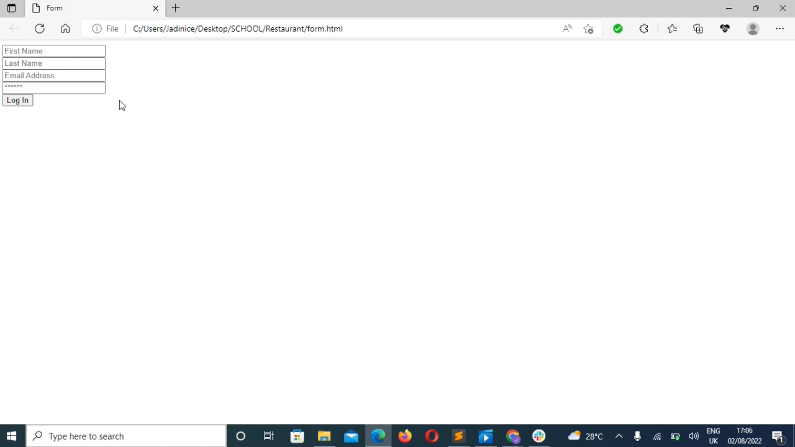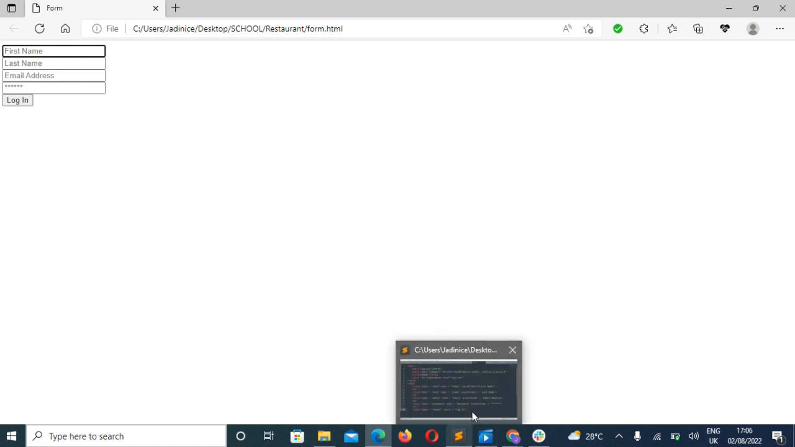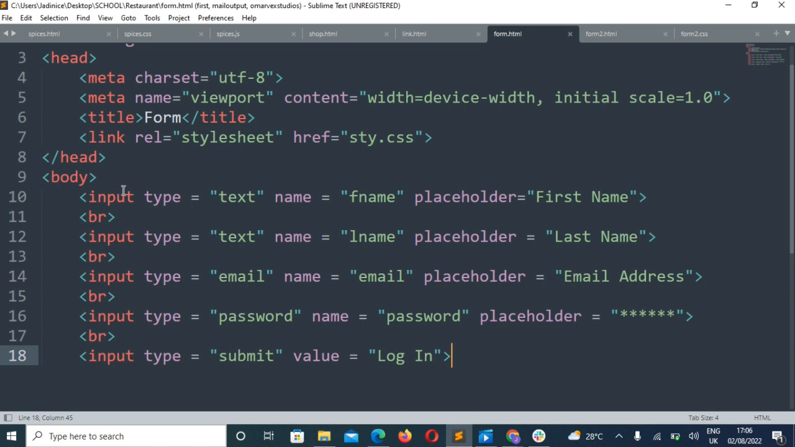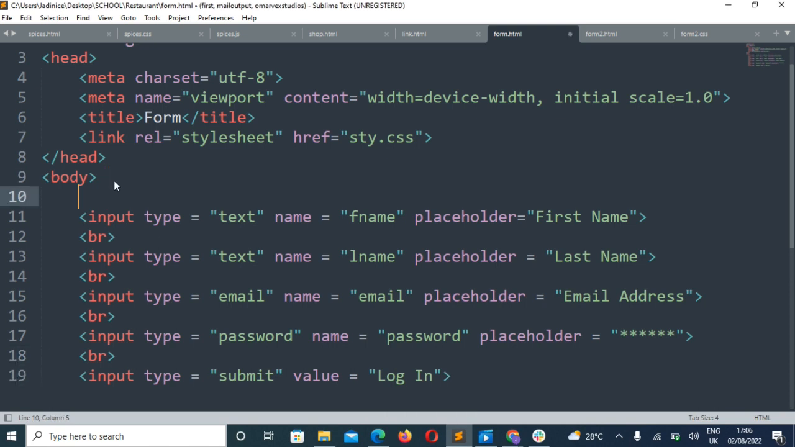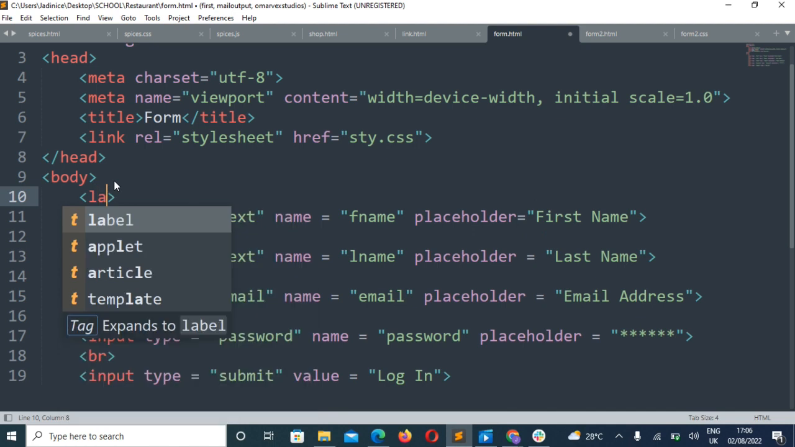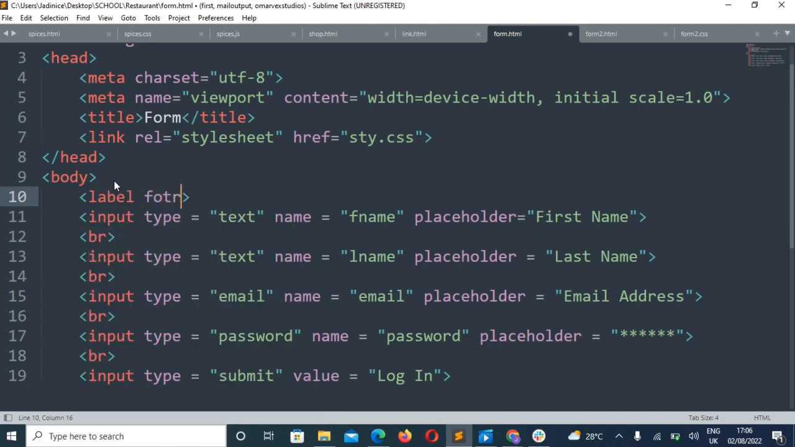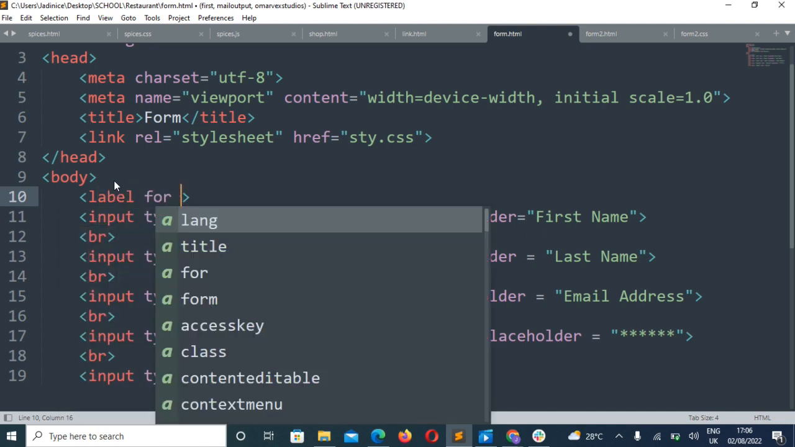form, but some people, when typing in this, might forget what they wanted to type in. So the label is sort of a guide to help people know exactly what it is that they are doing. So we're going to add it here. A label for what? A label for